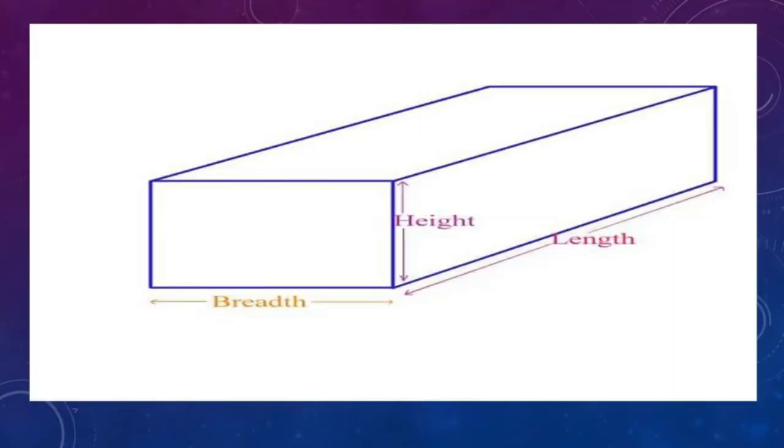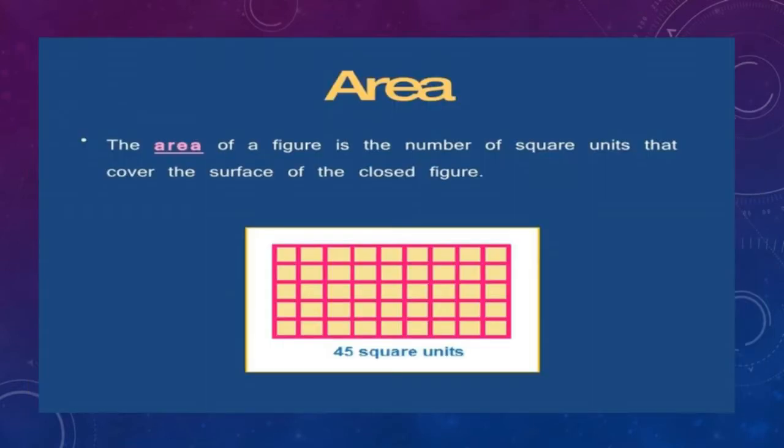If you see this picture, you can easily identify what is height, what is breadth and what is length. Length is the distance from one end to the other end. Breadth is the width. The height you know, isn't it? For example, if you want to find your height, you will stand in front of a measuring scale and find out your height. That is called height.